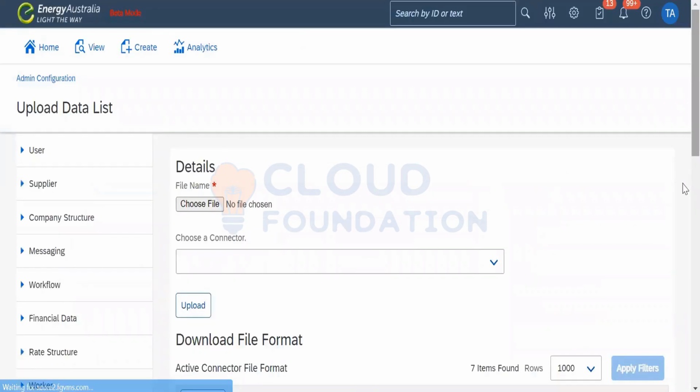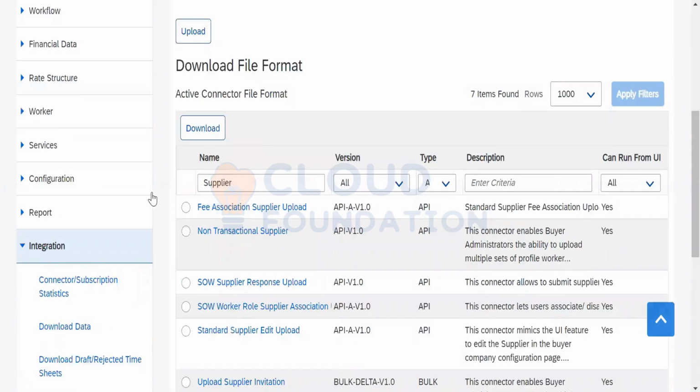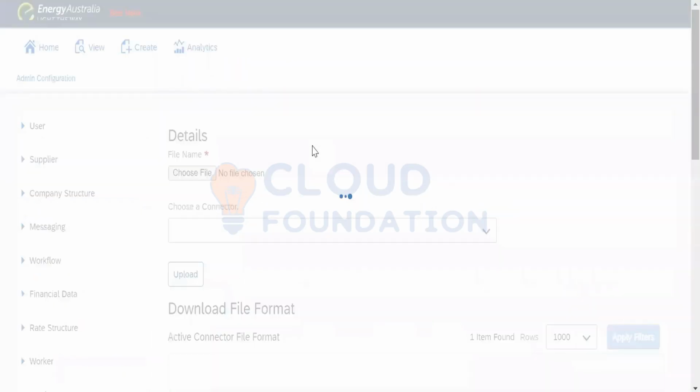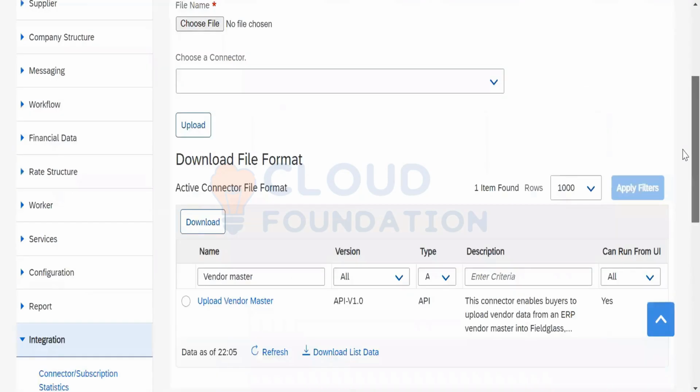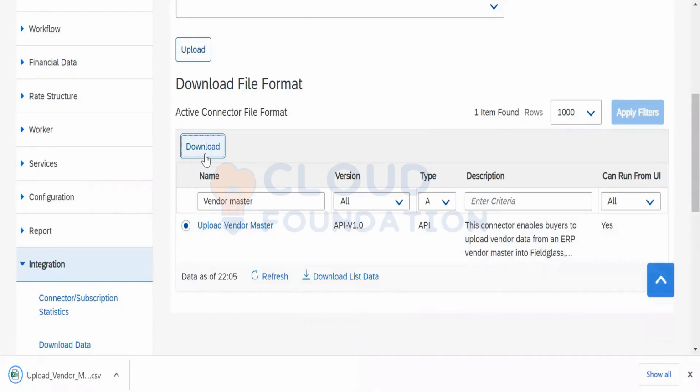With this setup, what happens is we need to update them in the vendor master in the first place and then invite them. By inviting, they'll accept the invitation and register themselves at their end.